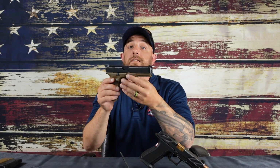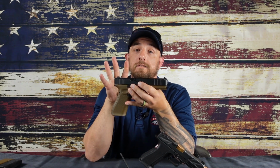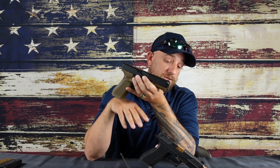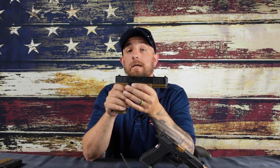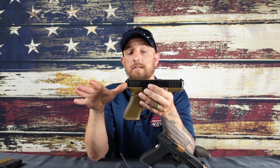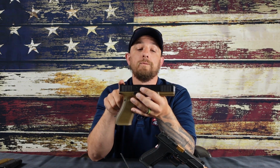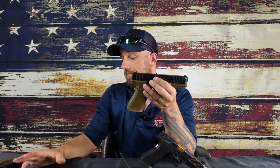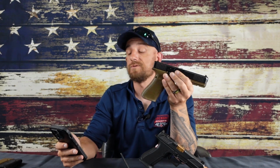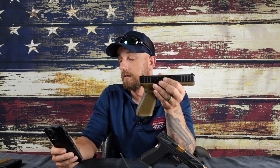Okay, that's the DR920. Now we have a standard Glock 17 here, and I brought it for a reason. I want to take this gun and make it what the Shadow System gun is, right? What we're seeing here. So let's go ahead and shop it a little bit and see where we end up. So the first thing I notice on the standard Glock 17 Gen 5, we need to replace the sights with some decent sights. So I got my phone pulled up here, and I kind of bookmarked some of the stuff I would prefer. So I just went with the standard Glock OEM